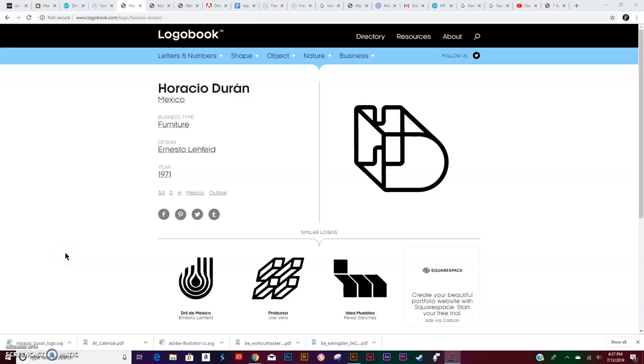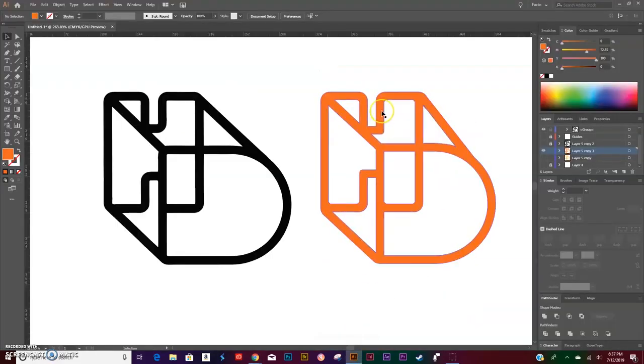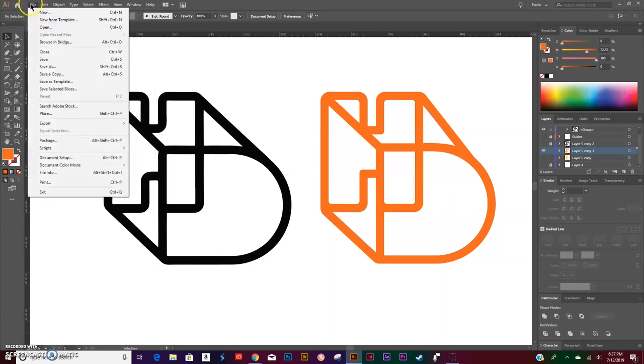Today we will be recreating this logo by Horacio Duran. It's a nice use of 3D space. This is the one I've recreated, and this is the original one. Looks pretty good. Go ahead and make a new